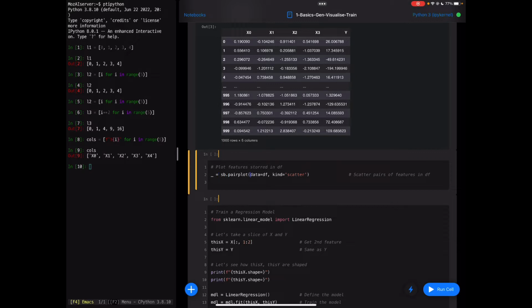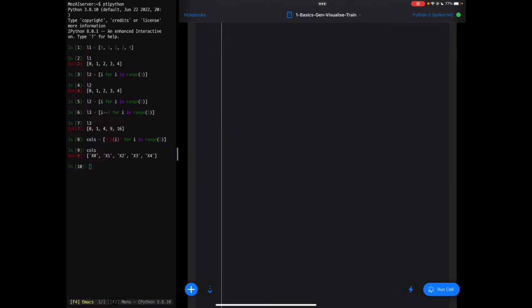The way it works, it takes a data frame in a variable called data or an argument called data, and then you can specify the kind to scatter. This would be a scatter plot, and this is actually the default, so you can leave it there. Now when we plot that,